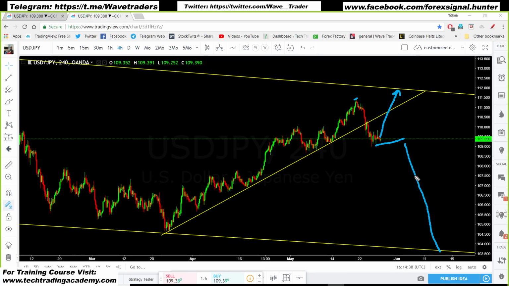Okay, so what we are not looking for, we are not looking for this move currently. We are looking for that wave this week. Okay, that's our trade, the trade we are looking for. But we can change our view if the correction is going to get bigger. Okay, so now let me show you